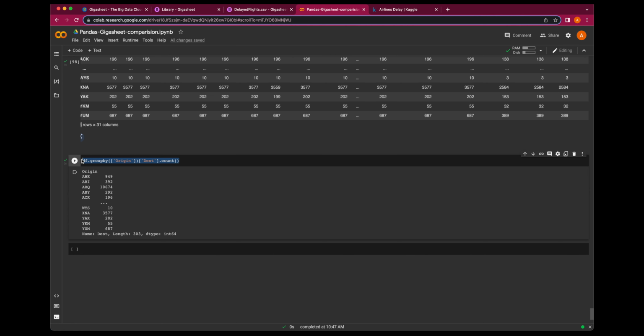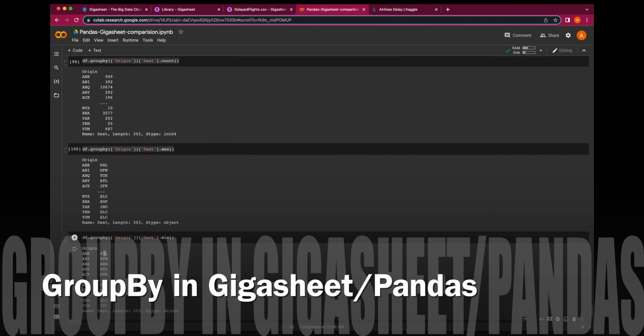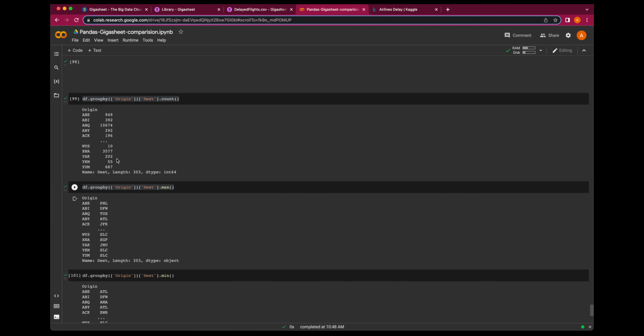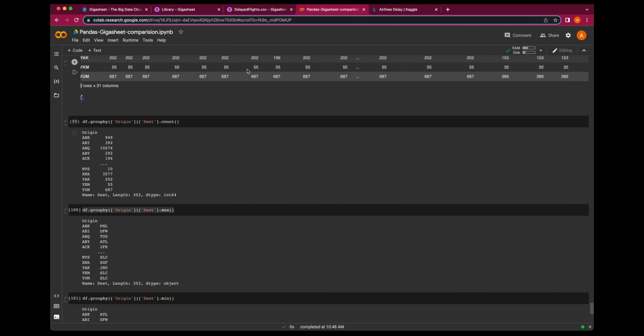Now if you take the same operation and you would say what is the max, what is the min, you are getting the idea about what the max value is, where the min value is. So mathematical operations can be applied to the group by. Similar to that, now we could come back and say we will need to apply the similar group by here